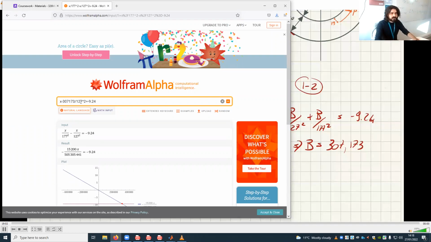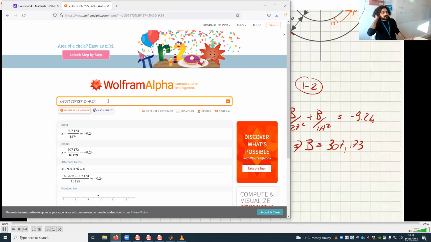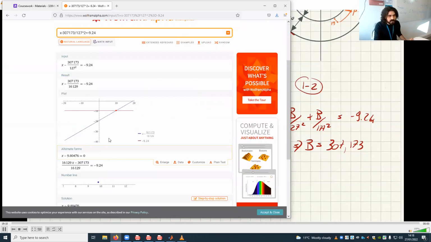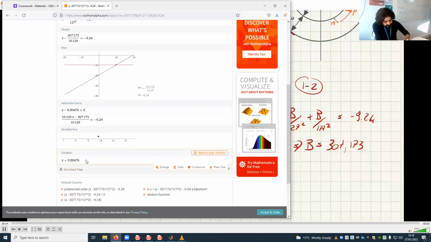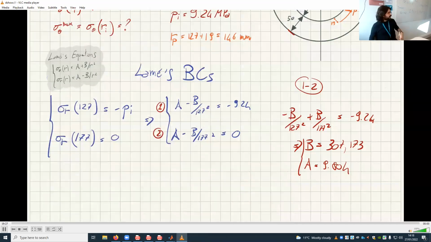So this is equation 1, where my unknown is now A. I find that A equals 9.804. Okay, there you go. Now that we know A and B, we go back into the Lamé equations to find